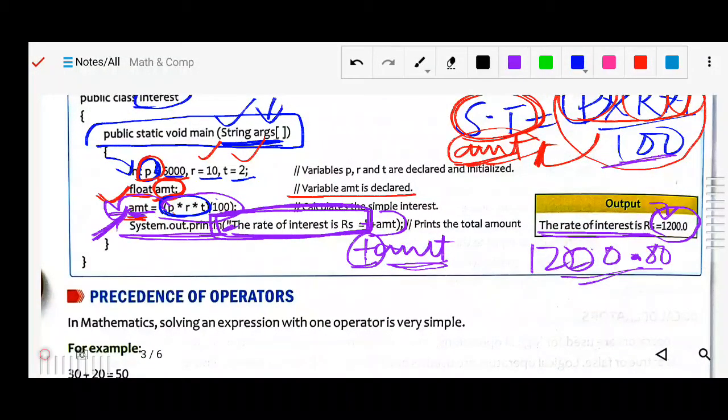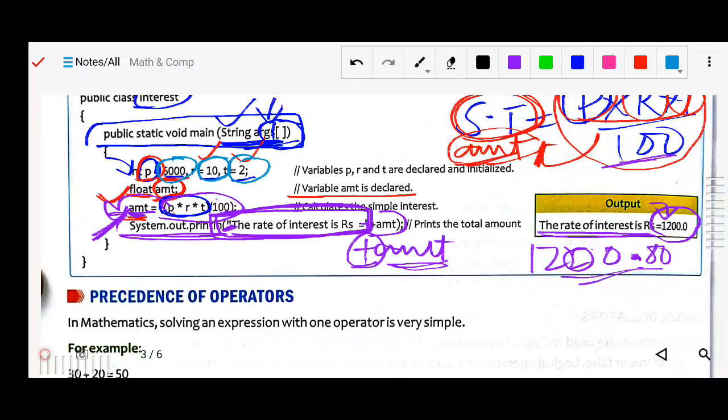This argument part is the backend. In the main part you can see we are not passing the value; we are simply writing String type, args, and the values are already assigned here. You can see values like r's value and p's value were already given earlier, before the compile, before the execution of your program.